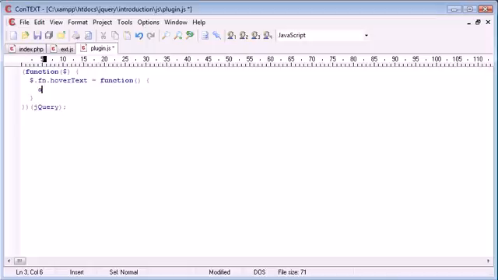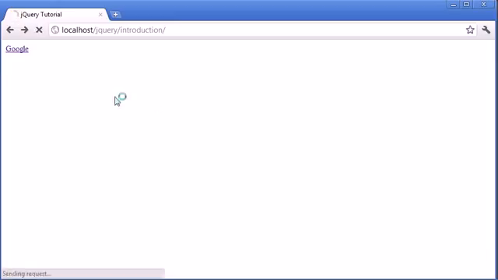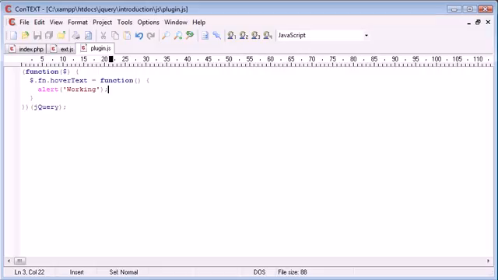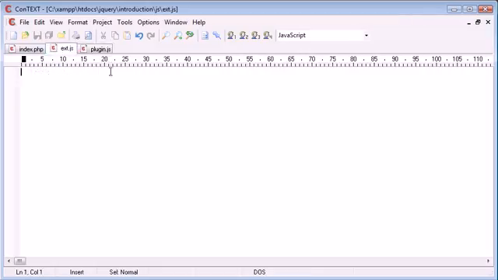So to test, I'm going to go ahead and write alert, let's just say working. So now that we've created our plugin, all that's going to happen is when we call our plugin, we're just going to alert the text working. Now at the moment, obviously on the page there is nothing because we haven't actually called our plugin. But if we go over to ext.js, we can